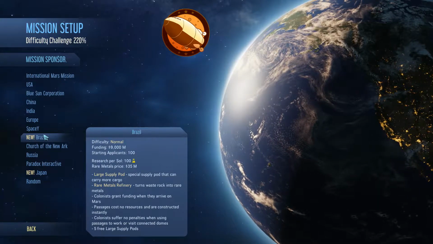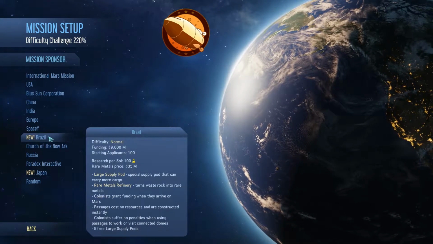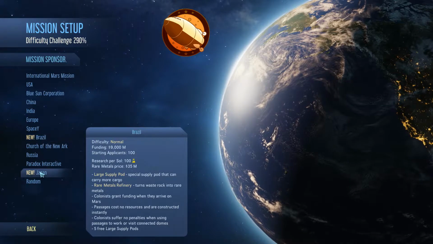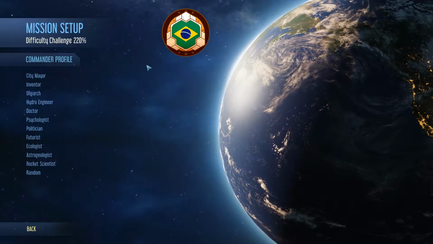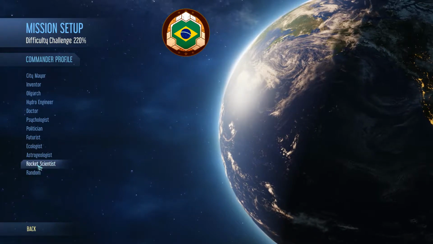They also get 5 free large supply pods. I'm seriously tempted to go with Brazil for this, just because they may be a normal one, but they've got some nice benefits. They do have to use the awful bog standard wheeled drones though, so yeah. Brazil. Commander profile. There's a bunch of stuff we could go for here, but I have a very firm favourite,